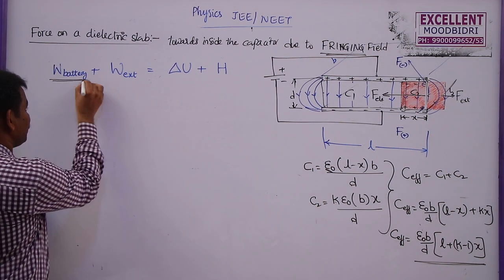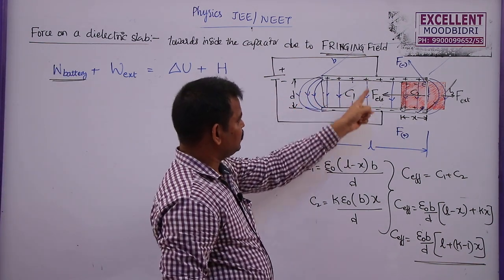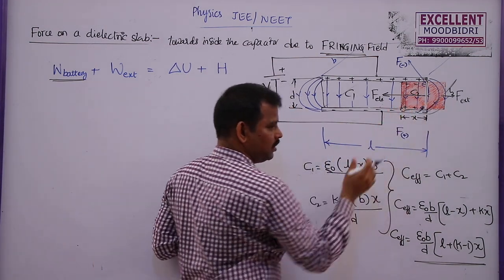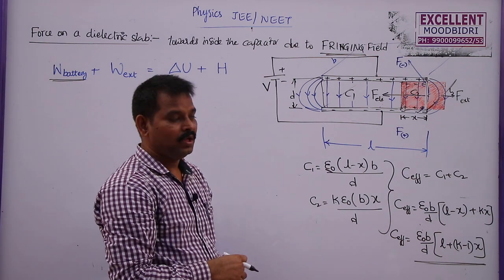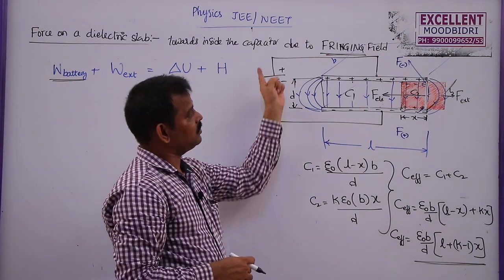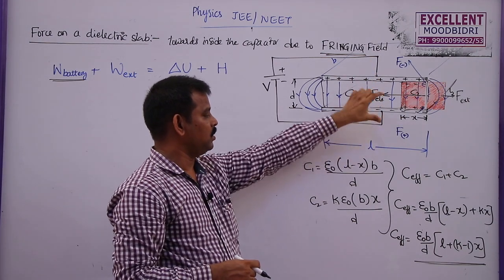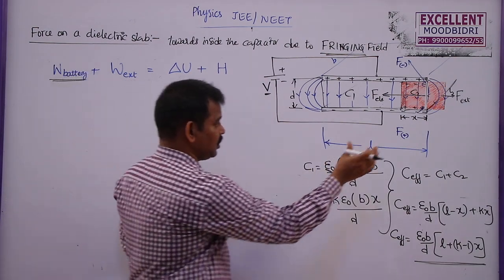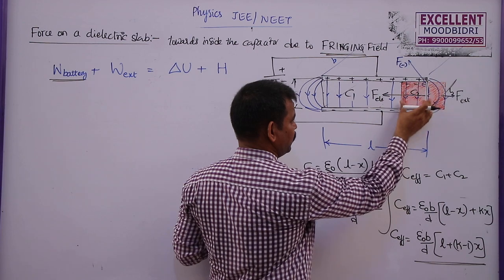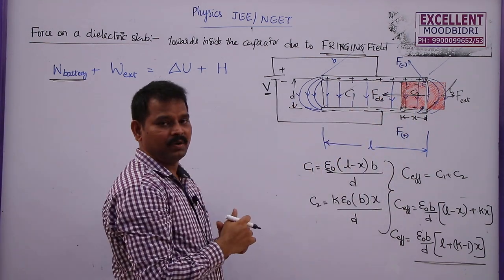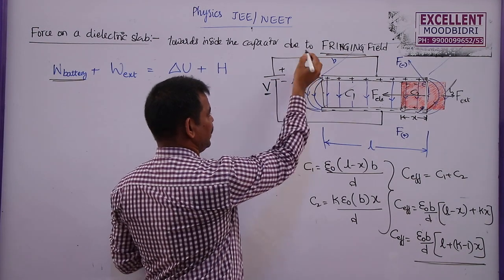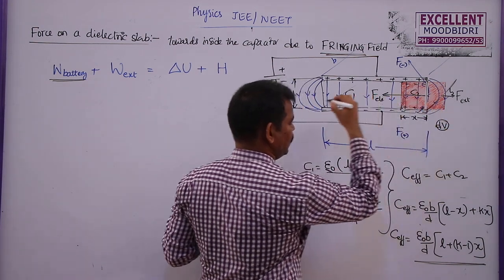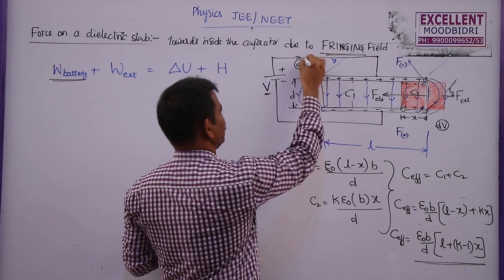What is the work done by the battery? Here in this case, the plates are connected to a battery of potential V. Whenever we insert a dielectric here, we know that the potential decreases by a small amount. As the potential decreases, the battery will supply the required amount of charge to the plates so that the potential between these two remains constant at V only. So if you insert more dielectric, the change in potential will be more, and it will give more charge to the plates. Let us say by inserting this, the potential decreases by dV, and the charge given by the battery is, let us say, dQ.